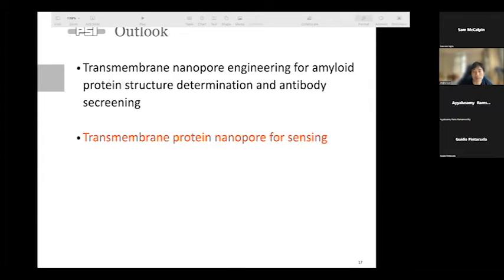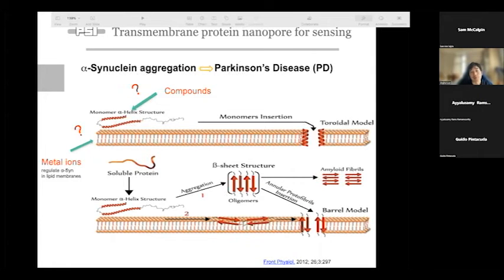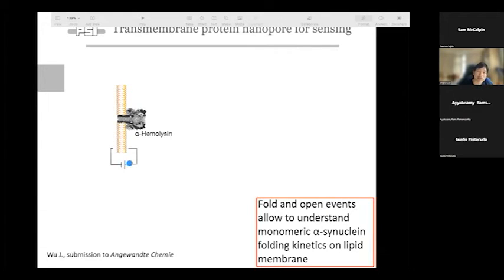And the second part, we would like to use, again, alpha hemolysin as a scaffold to sense amyloid proteins, alpha synuclein, which is associated with Parkinson's disease. So I use the same figure which I showed in the beginning. Alpha synuclein can also form helical structure in lipid membranes, and metal ions like copper, zinc, iron can also regulate alpha synuclein aggregation. But it's not very clear how metal ions regulate alpha synuclein structure in the environment of lipid membranes. So the second question would be, can we develop antibody compounds which can stabilize the alpha helical structure of alpha synuclein in lipid membrane? So with those two questions, we would like to use alpha hemolysin as a model, and we